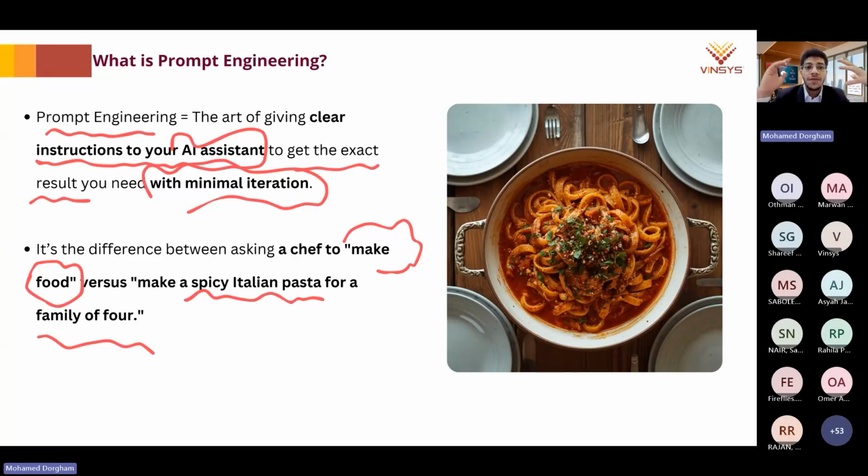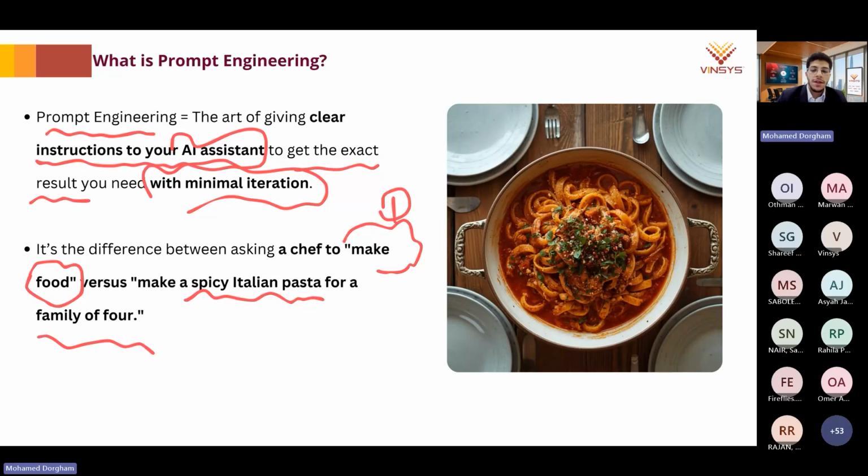And I want you to think about the difference in this real life example. The first option is a very broad, very vague version. The waiter or the chef won't understand what you are looking for, what type of food you want. Do you want Italian? Do you want Mexican? And it won't know exactly for what type of people, or even the number of people. The second version is more detailed and clearer for the chef or the waiter, so they will get exactly what you are looking for.